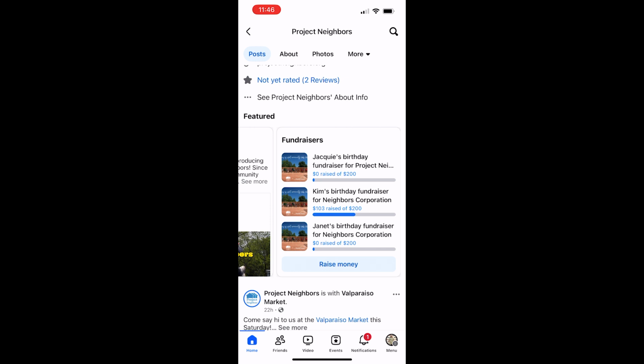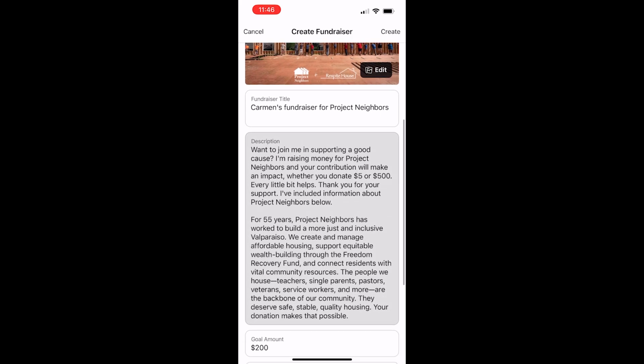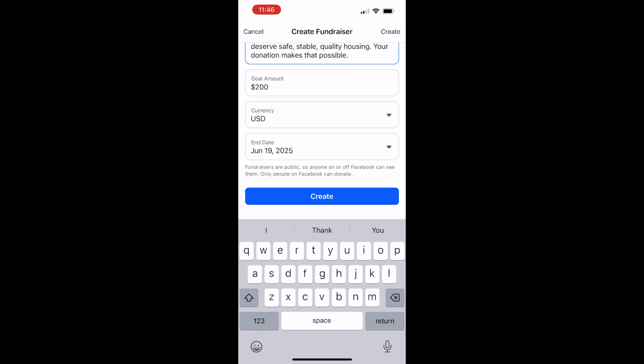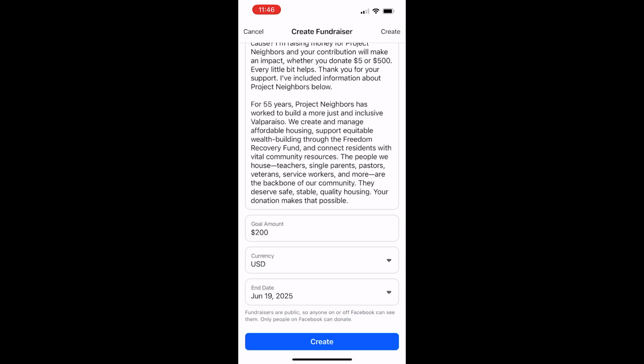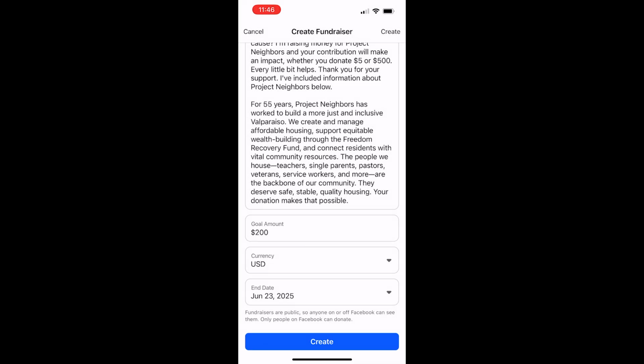You should see this button that says raise money. Click on that. And then this is the same as the desktop where you get to edit the cover photo, the fundraiser title, the fundraiser language, your goal amount, of course, collecting in US dollars, and then the end date. And you have flexibility on here to change that up if you'd like. Then you'd press create,